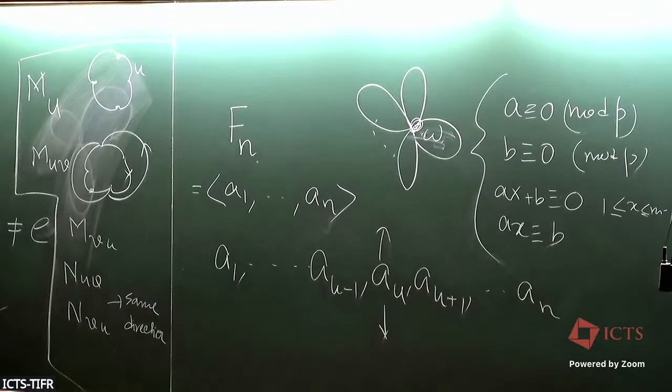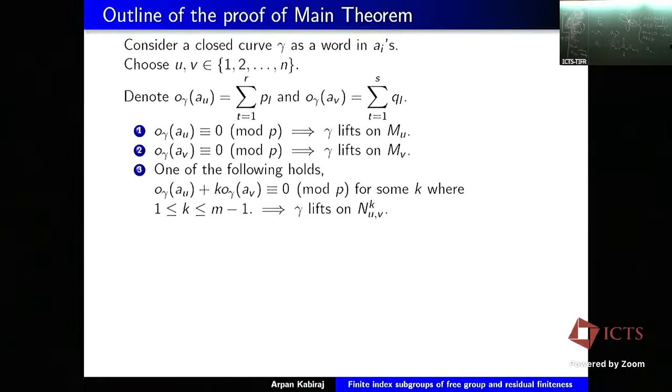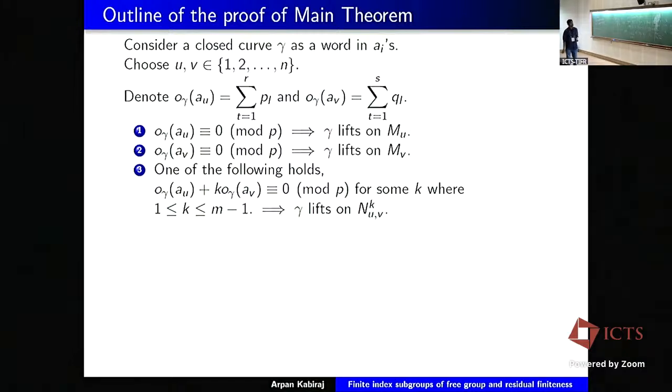Then if none of them are true, then one of the following holds. If none of them are true, then either one of these has to be true. So if the first one is true, that's exactly the relation which tells you that gamma lifts to n of k of u and v. This is exactly the equation which is basically